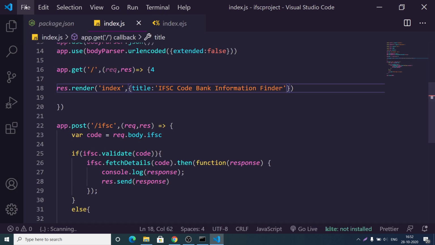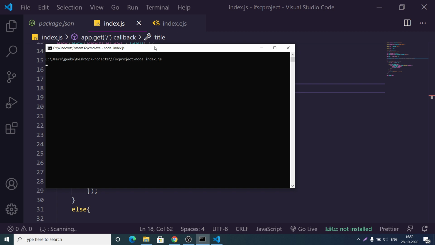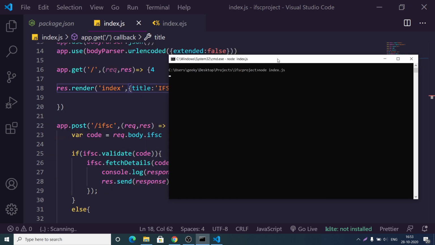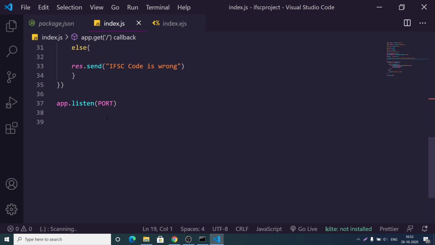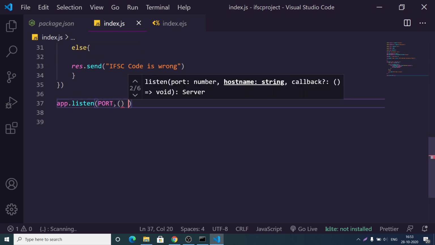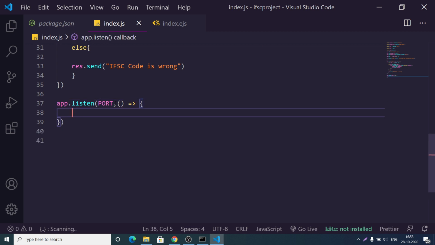Let me just save this. Let me put a callback function here, so when we run this we will receive a message.